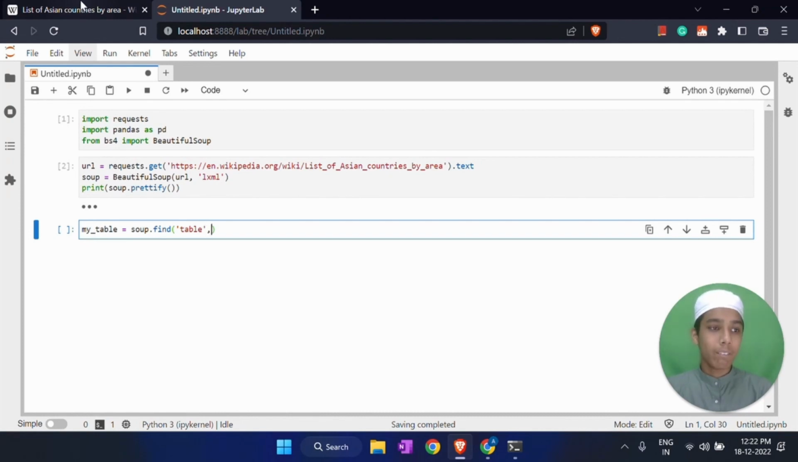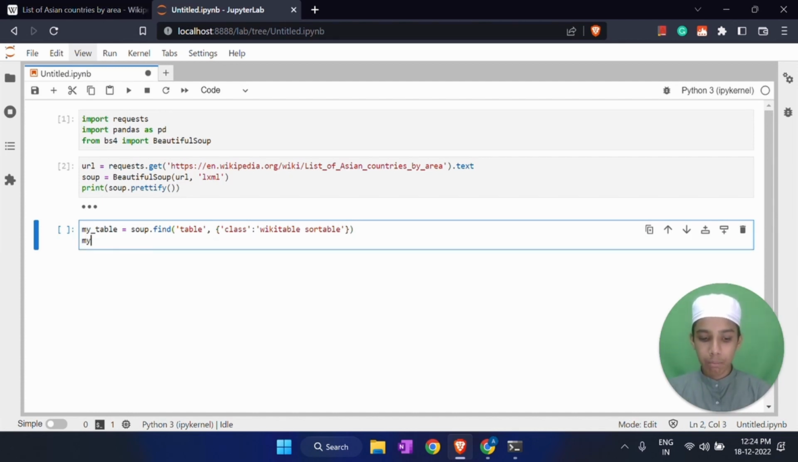and beside the comma I'm going to give a space, and then curly braces, and in the curly braces I'm going to create a class. So the class is going to be something like this, class, and beside the class you have to use the colon, and then you have to type something like table, and then it's going to be sortable. Okay, now below this line I have to give something like my table